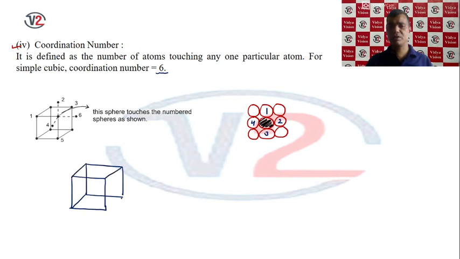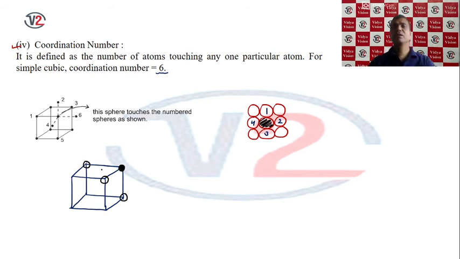So this is the simple cubic arrangement of the particle, and if you see, a corner particle is directly attached, so it will be in contact with this particle, it will be in contact with this particle, and it will be in contact with this particle. So in this cubic arrangement, this particular particle is directly in contact with 3 particles, but